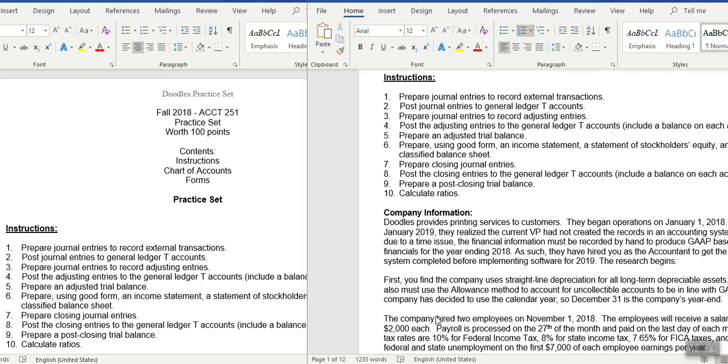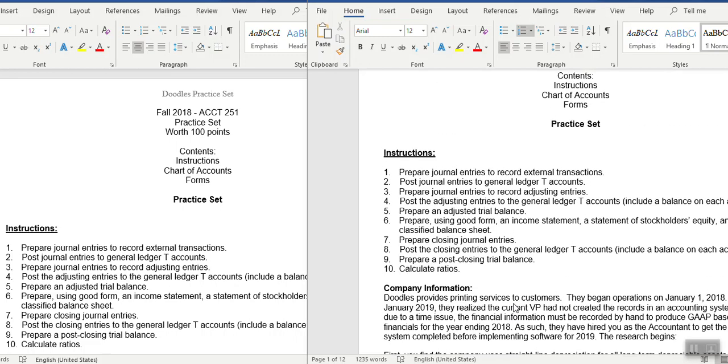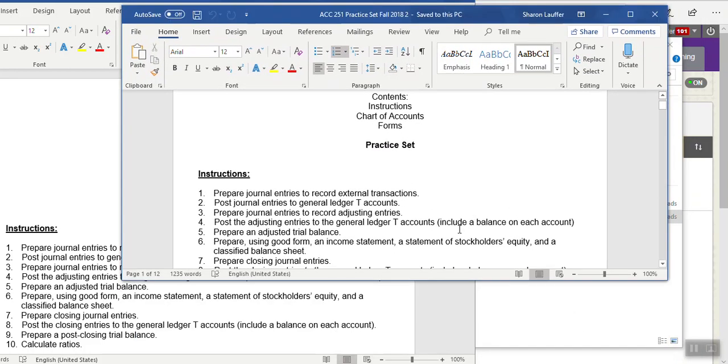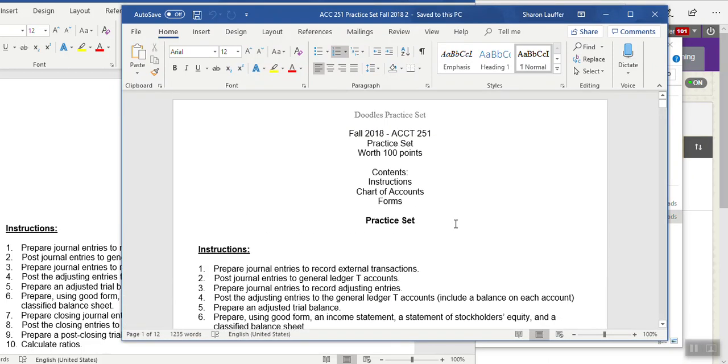Hi class. In this video, I wanted to take a quick look at the practice set and give you some instructions on completing it. I actually have it pulled up in duplicate here just so we could see both things at once. But let's look at this. It says